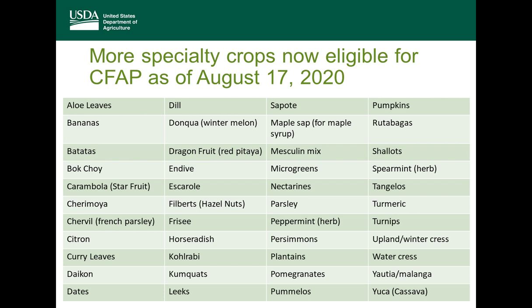So just quickly, these are a few of the specialty crops that have been added since August 17th. I'm not going to call them all out, but as you can see from A to Y here, we've got everything from aloe leaves to leeks, kumquats, parsley, pomegranates, turnips, watercress, pumpkins, dates. These are just a few that have been added. Again, for that full listing, you will need to go to the